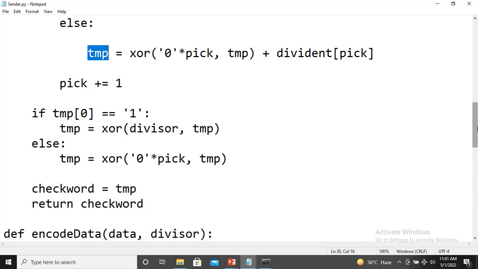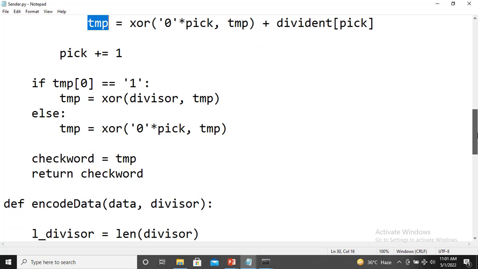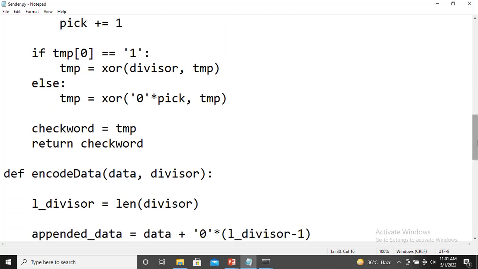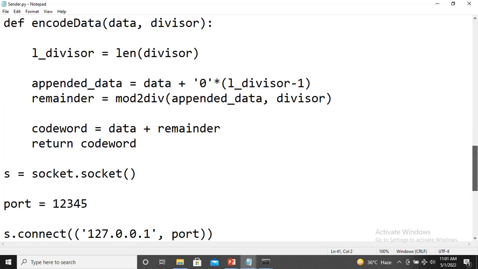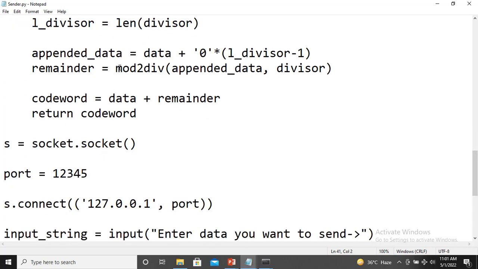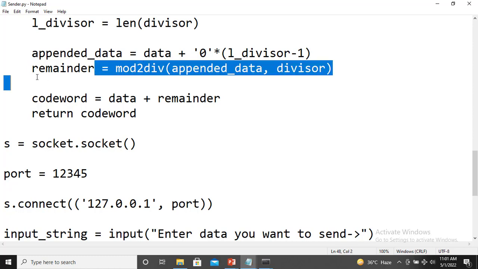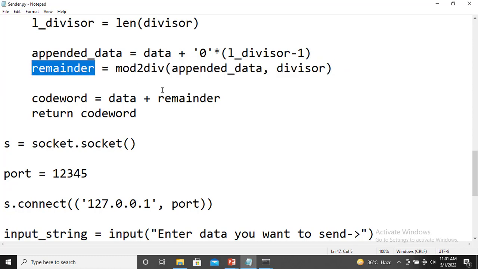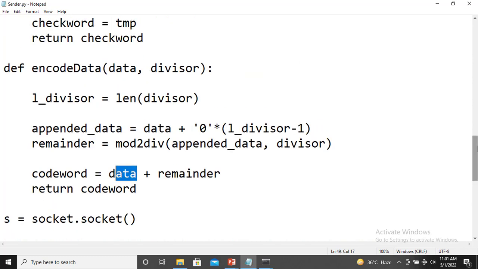So simply, this remainder is returned as check word in this particular function. So here you got the remainder. Now you have the actual data. What was that actual data? Data was the appended data of 17 bits, so 17 bits plus remainder. So you got the remainder. The remainder here was 3 bits. So that has been appended with the